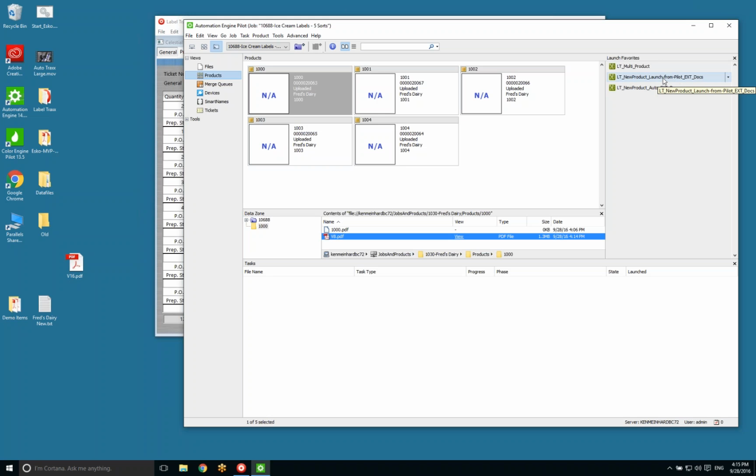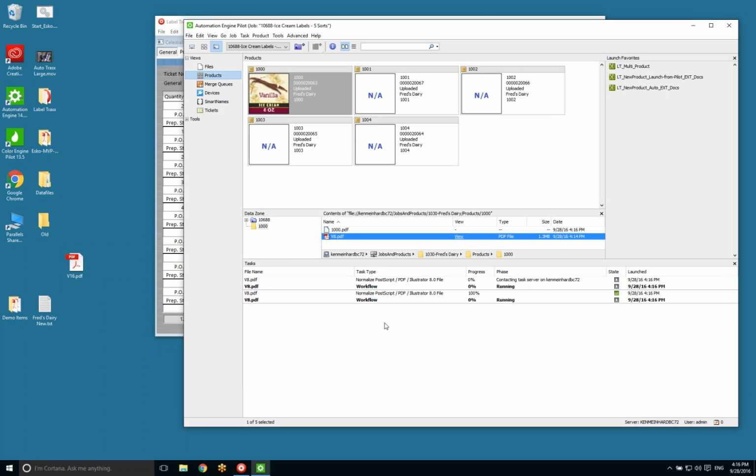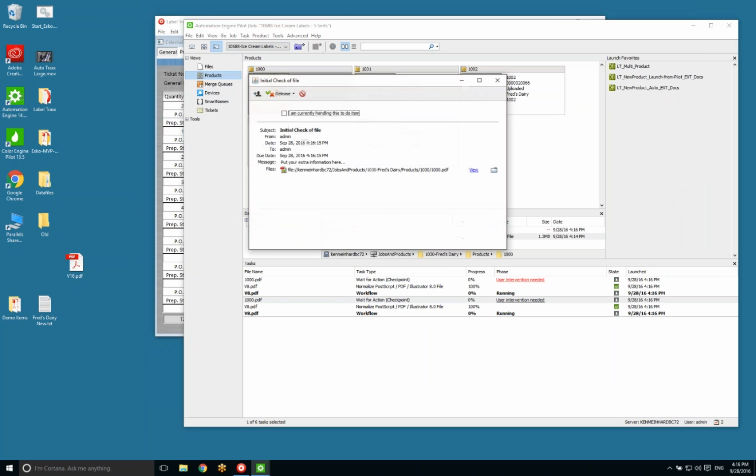Okay. So if we have a look at this first product, there is a workflow I've got here that I can run on for this particular product. I'll show you the workflow. If you've not already seen them and got Automation Engine yourself, this is something that Esko will produce for you, and we don't particularly know how any of this works, but the button to press is that one. So as you can see, it's creating some details here. It's asking for some user intervention. So if we have a look at this one first,